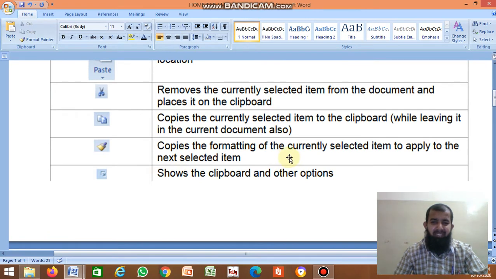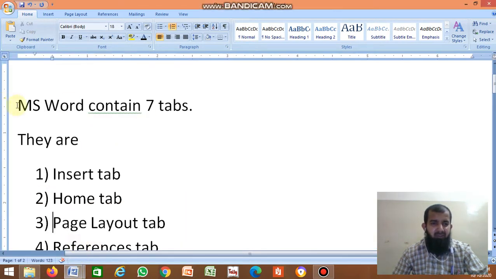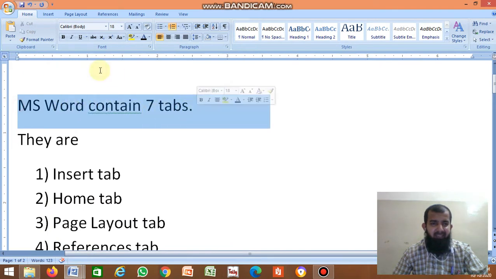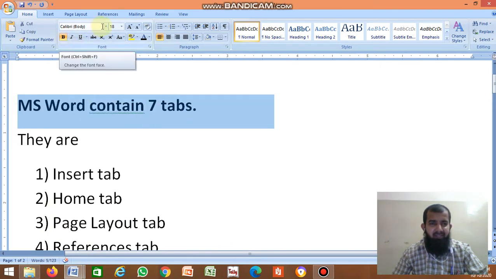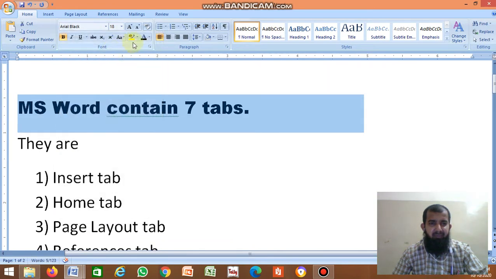It copies the format. Format means the color, the size, the font. It copies the formatting of the currently selected item to apply to the next selected item. See, for example, this text I make bold, change some font and give some color.